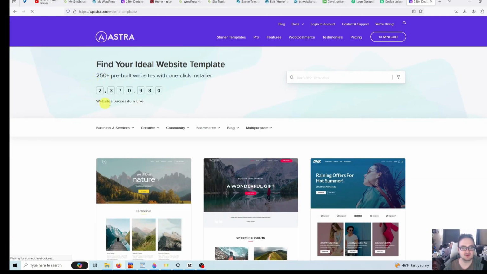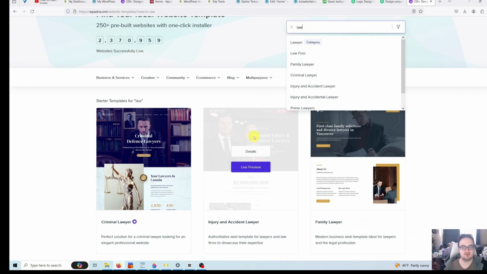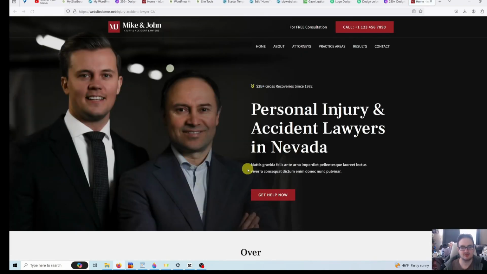Click that link, and then we're going to want to type law, and then we're going to want to click on that website that we're working on and click where it says live preview, and then we're going to want to go to where it says about, and we're going to want to look at the address at the bottom